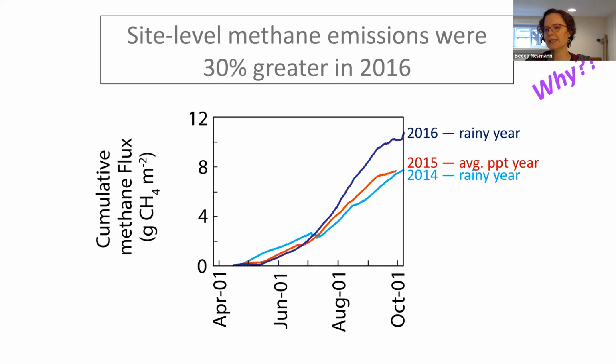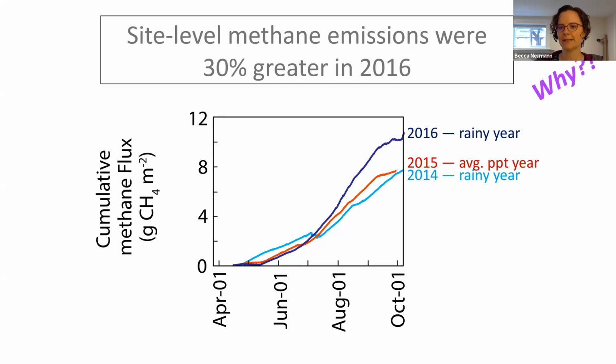An obvious question is why? So why are we seeing such a burst or such an increase in methane emissions just in this one rainy year? And the spoiler alert is that it has to do with the title of our talk, that it's related to thermal transport by rain into the bog soils. But what I want to do first is step you through the smaller pieces that get us to that